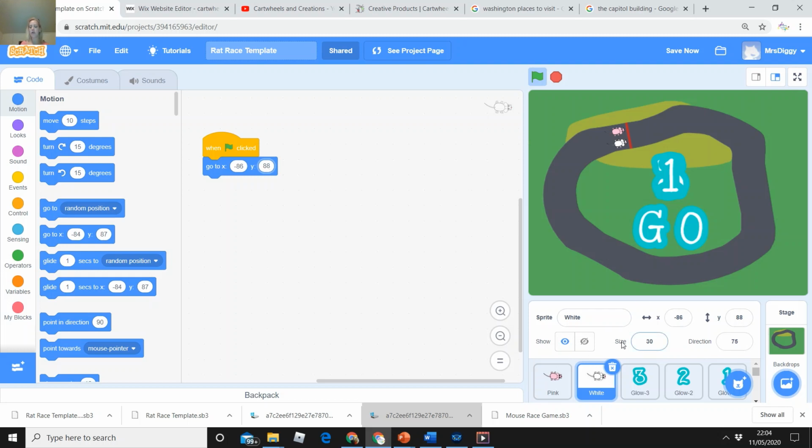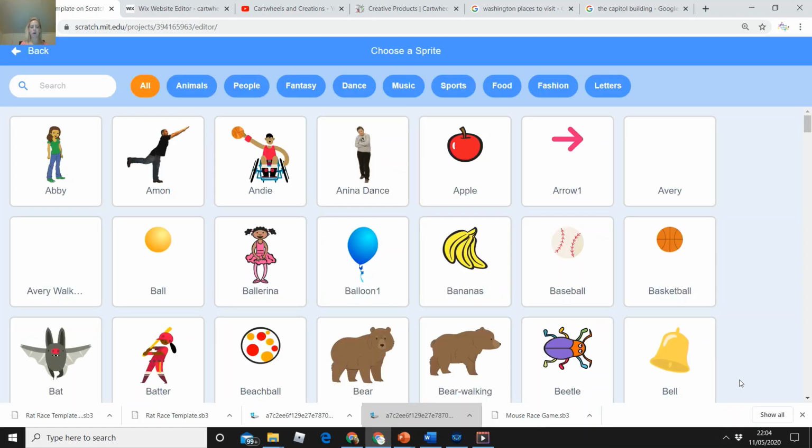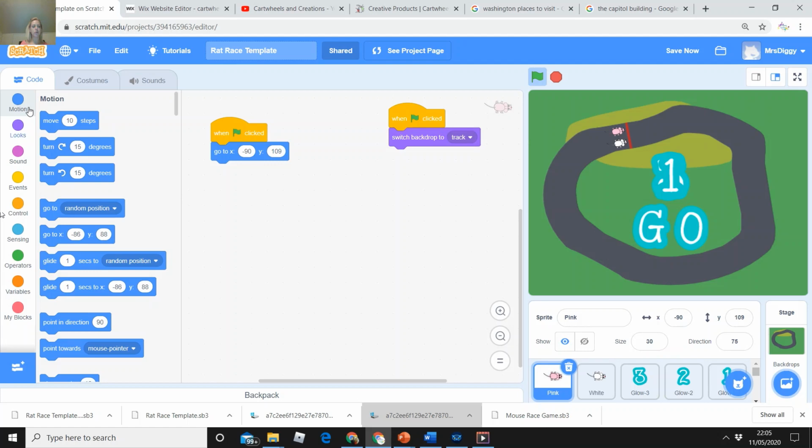Just to point something out, you can see it says size 30. That's because if they were 100%, they'd be way too big for the track. So I did have to change the size of each sprite. I got the sprites from here by clicking on choose a sprite. You can see there's loads of different sprites you can choose, but I wanted some sprites that we had a bird's eye view of. I'm just going to click back, and then I duplicated and edited the pink one. Let me just show you how I did that. If I click on the pink rat and go to costumes,